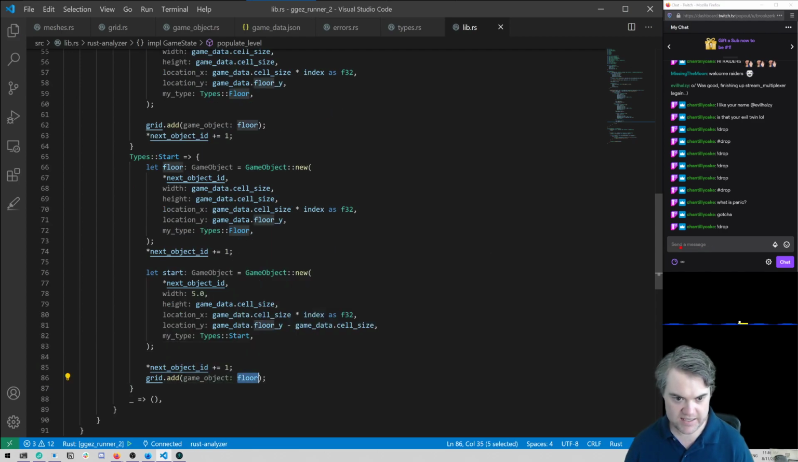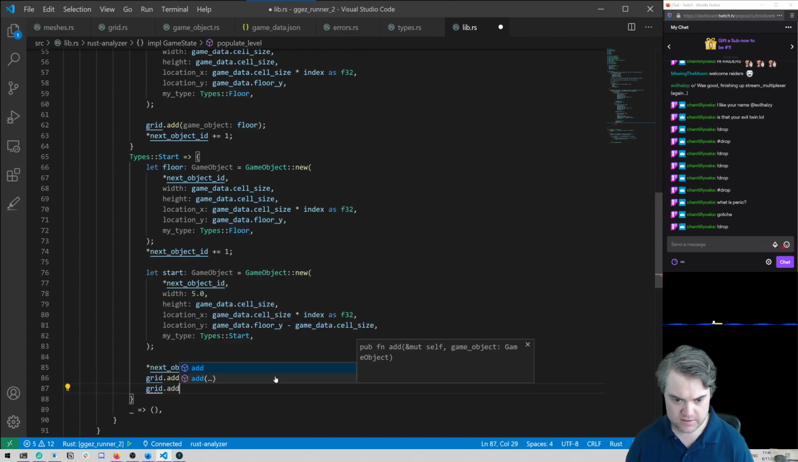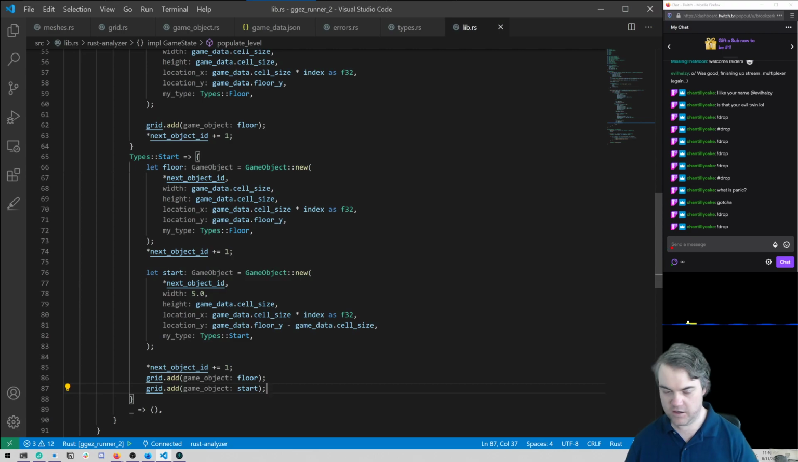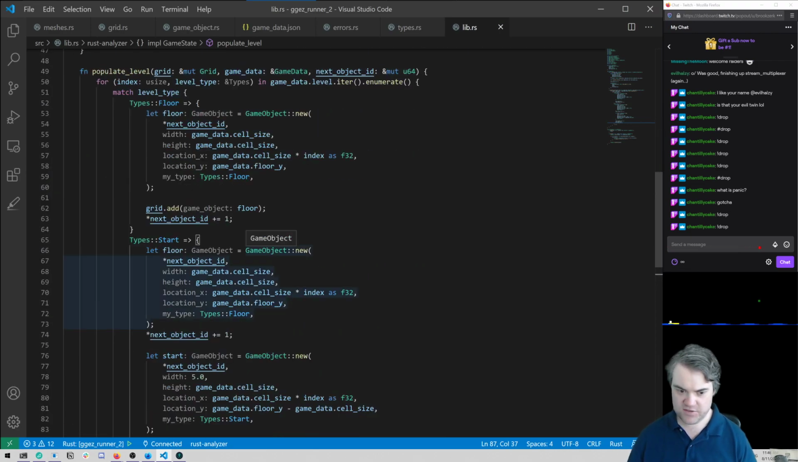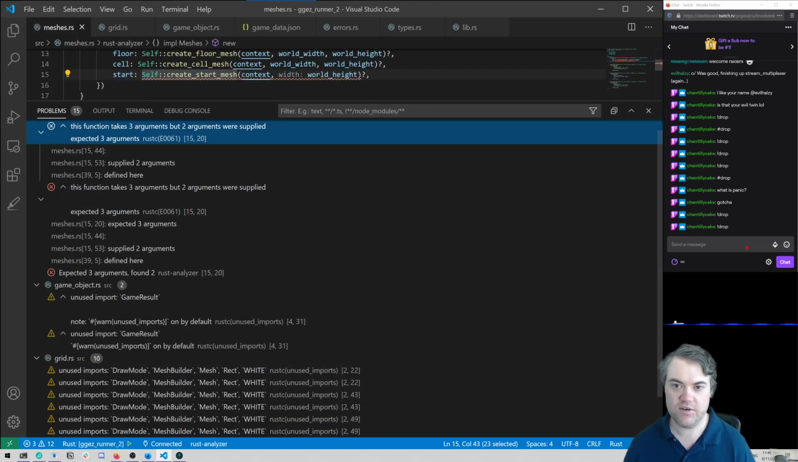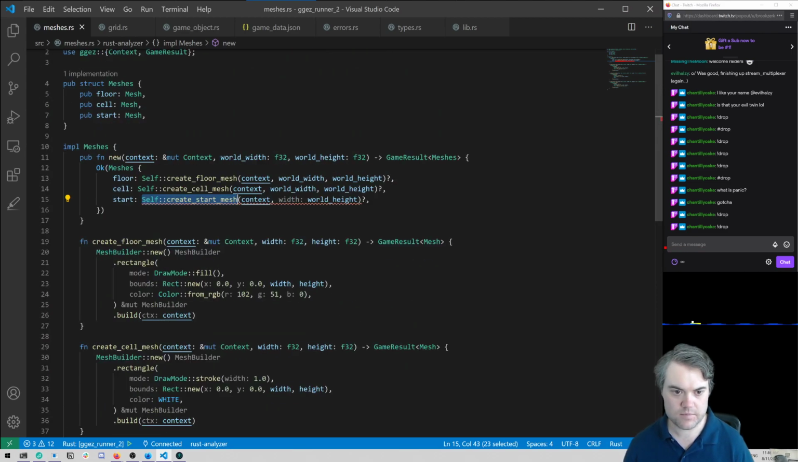And then we're going to add in the floor, and let's also add in start. Okay, so that adds in those two. Let's see if start is showing up, except we have some errors. Function takes 3 arguments. Right, so for self, we also need to take in,